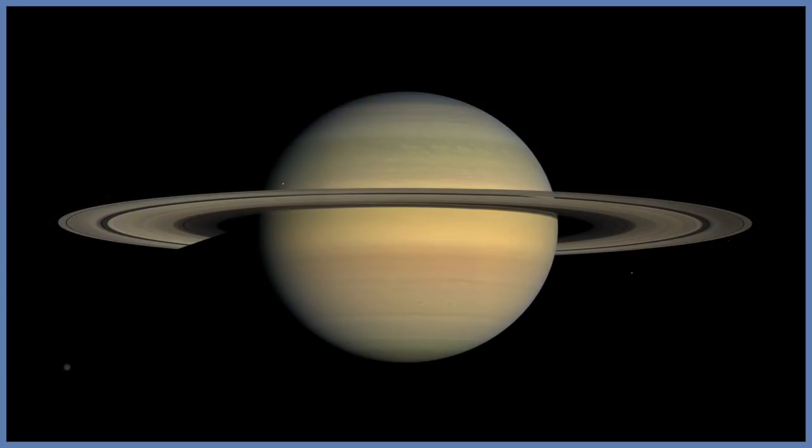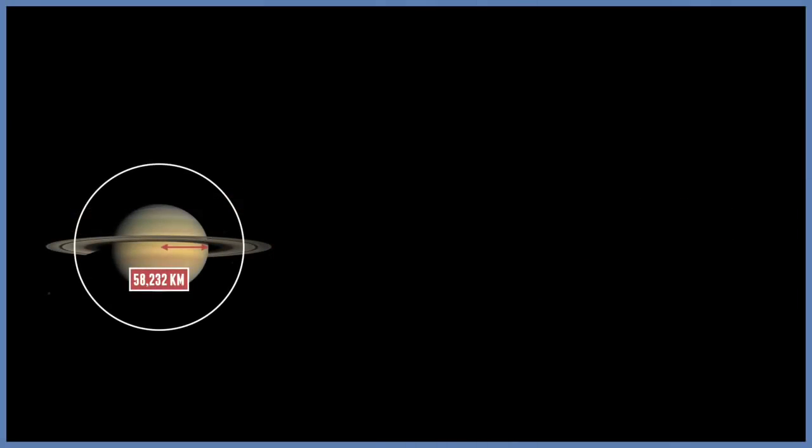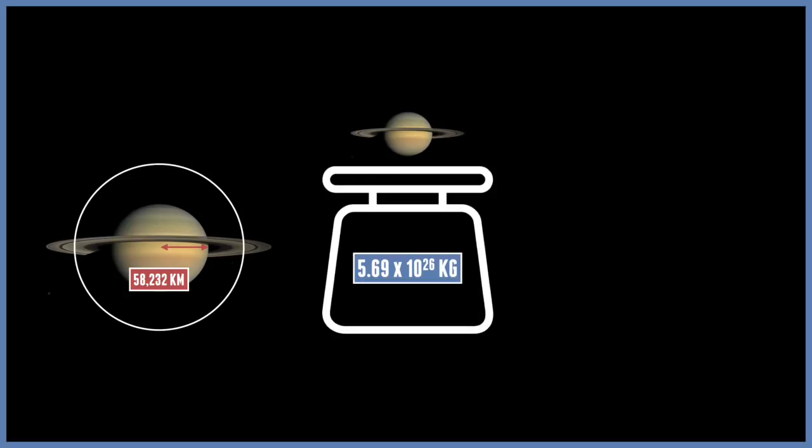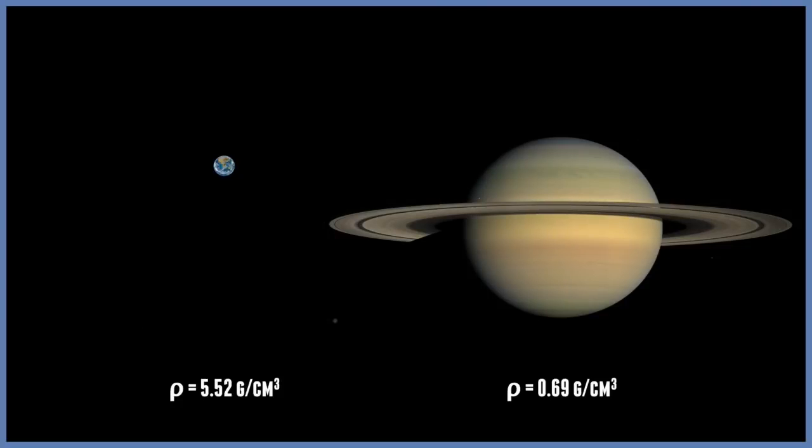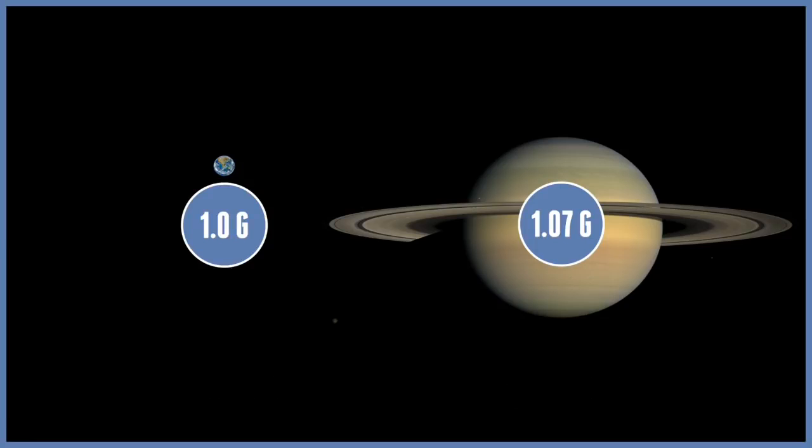So what's the gravity like on Saturn? Well, like Jupiter, Saturn is a very similar planet. At just under 60,000 kilometers, this is the second biggest planet in the solar system, and has a mass of 5.69 times 10 to the 26 kilograms. And of course, it dwarfs all of the inner planets put together. But again, it falls short like Jupiter because of its composition. This means that its gravity is only 10.44 meters per second squared. And surprisingly, it has near enough the same g as Earth does, at 1.07.